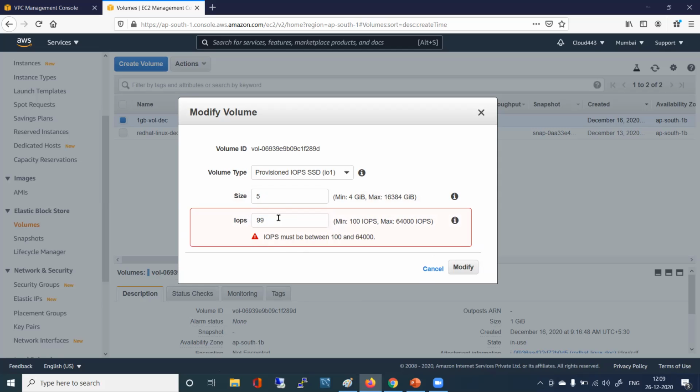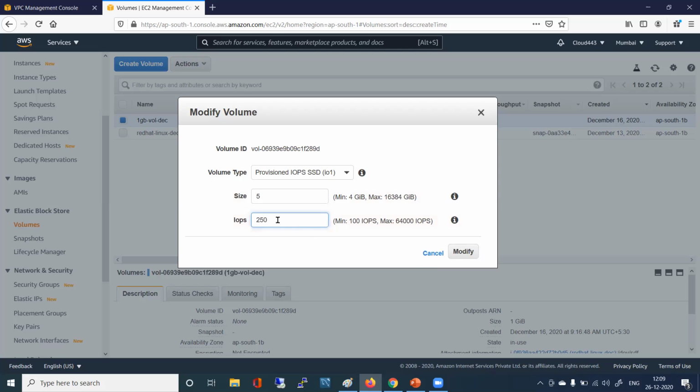No. If I make it 251, is it possible? No, the ratio. Correct. So it can be 250. So for 5 GB, this provisioned IOPS IO1 can be 250 IOPS maximum for 5